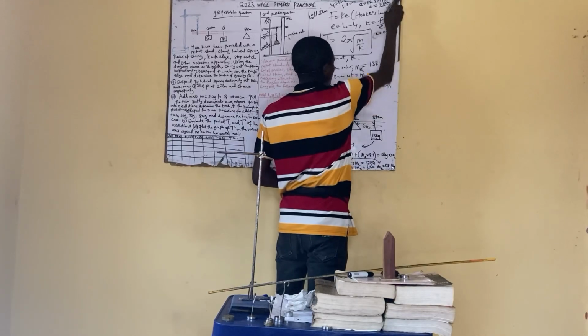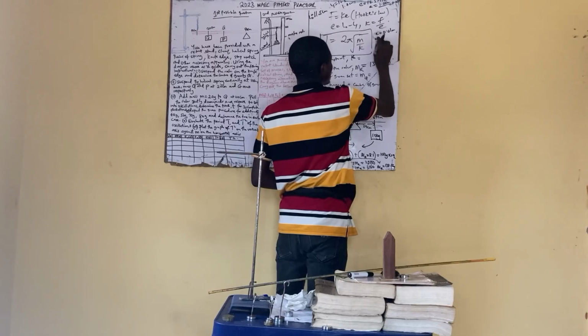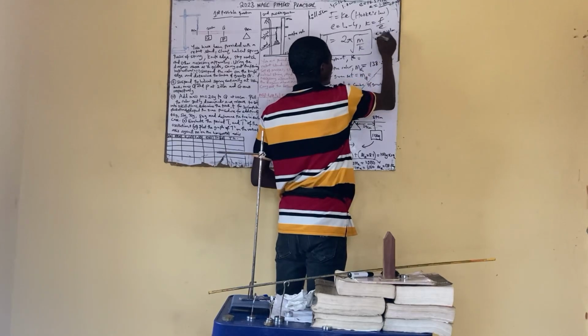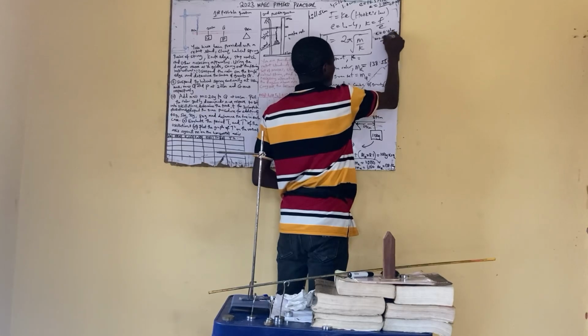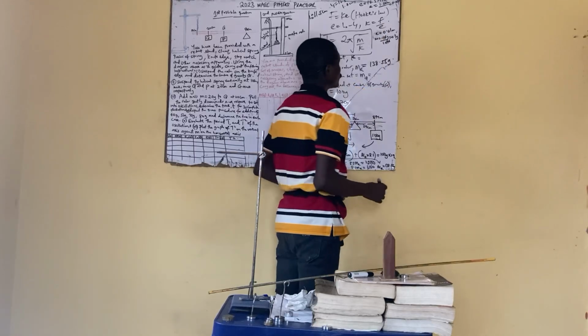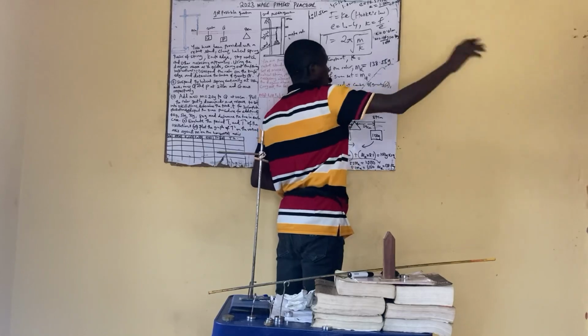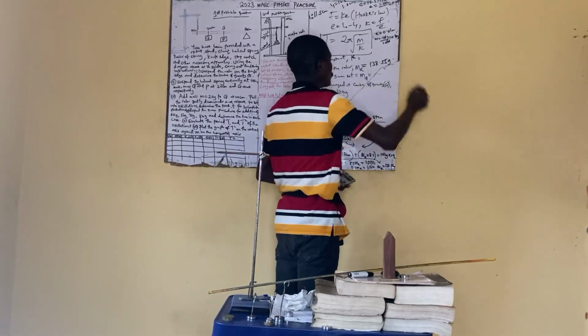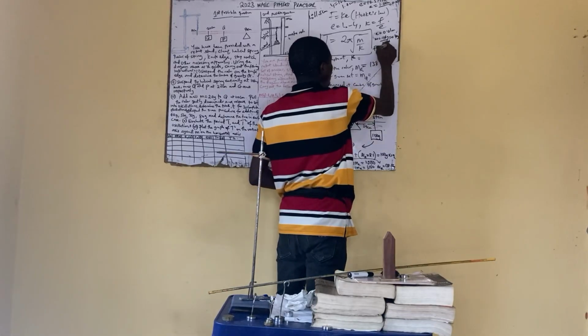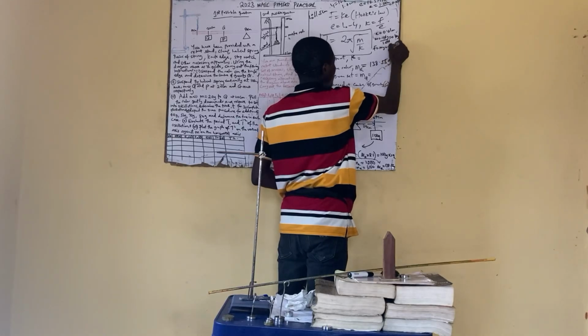Then your mass is 100 gram divided by 1000, which gives 0.1 kilogram. Then the force is equal to mg, which is 0.1 times 10, which is also